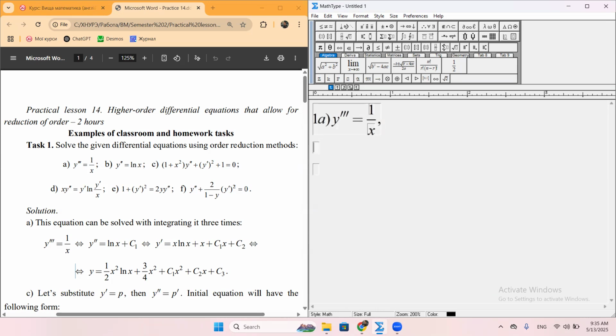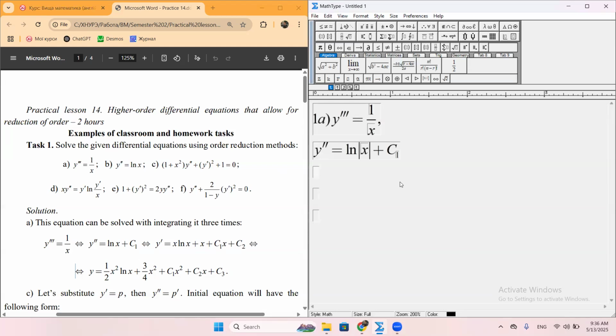So y double prime will be equal to logarithm of module x plus c1. By the way, the number of arbitrary constants must be equal to the order of the differential equation. So now if we have third order, there will be three arbitrary constants. So continuing,